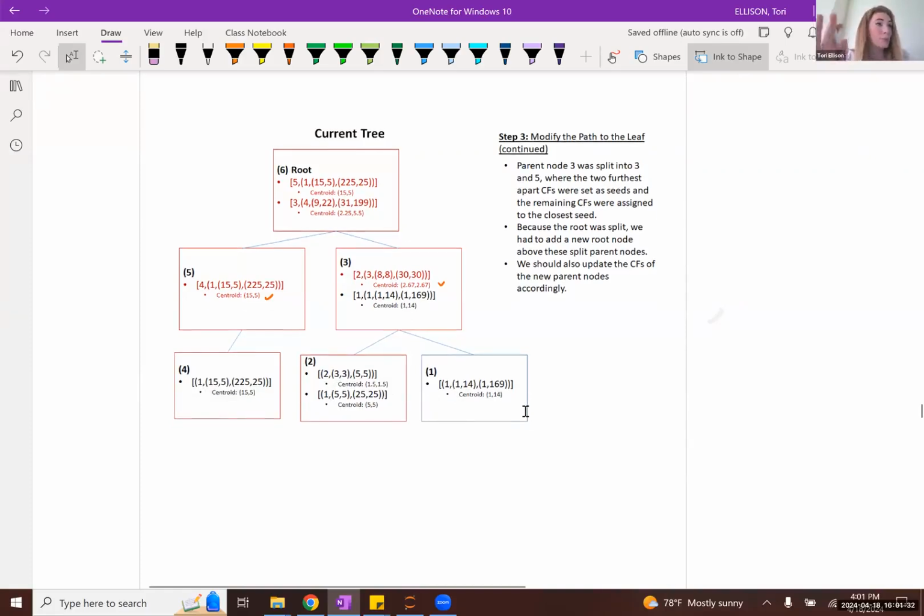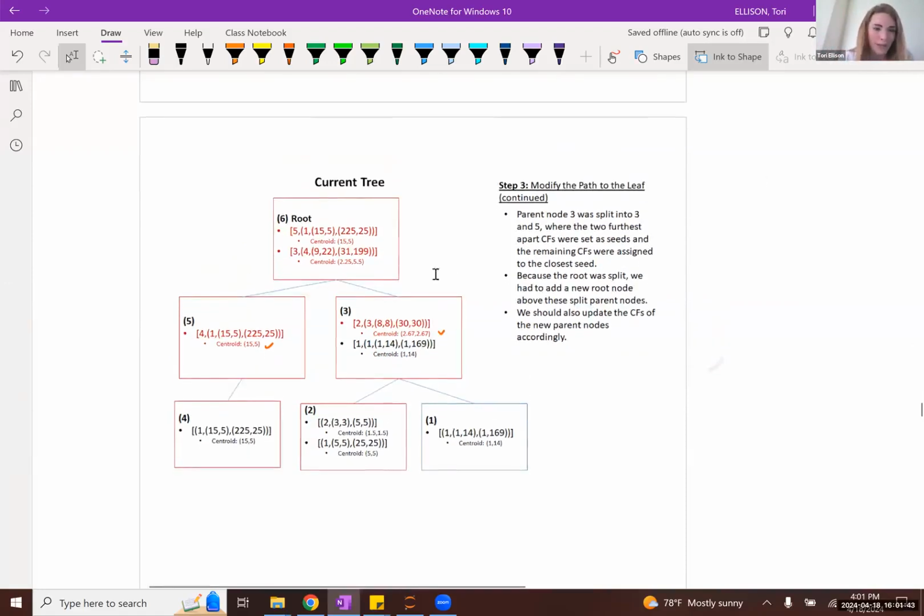Okay, so phase 1, we've built our CF tree, which in the case of very large data sets very efficiently represents the clustering structure. Now, you might note that we only had 5 observations in this data set, and we have this tree with 3 layers to it. But in real scenarios with really large data sets, this tree does become more memory efficient, if you will.